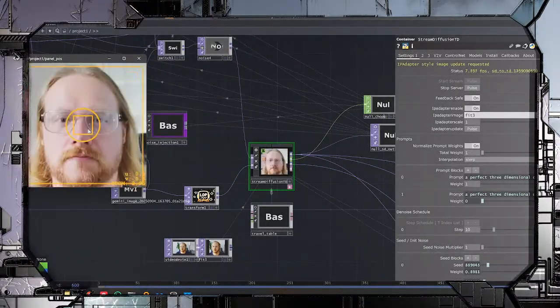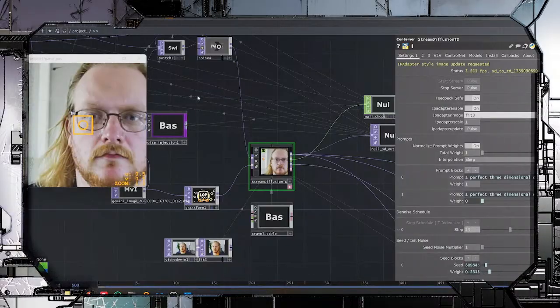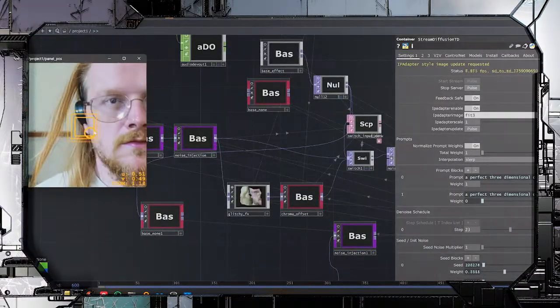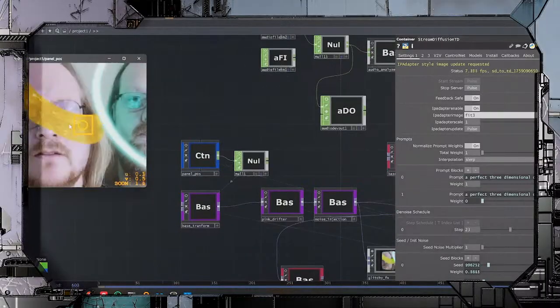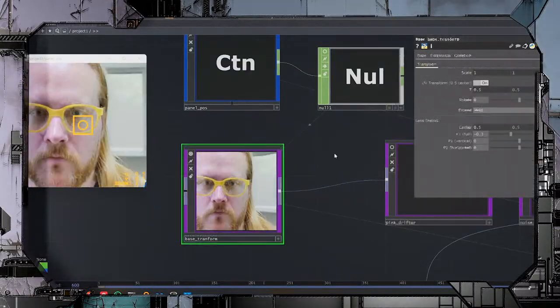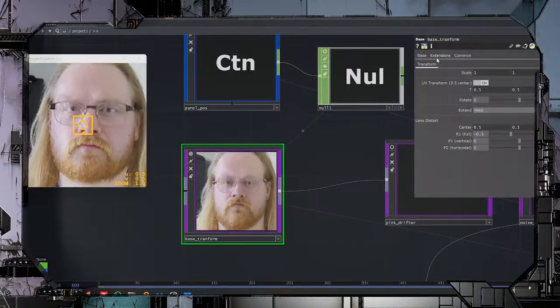I love this little helper that you have here. This little visual thing that shows you. I had some fun making that. Also, I'm trying to make these into little components.